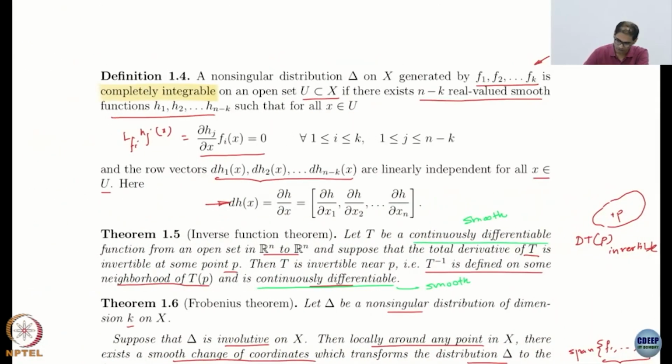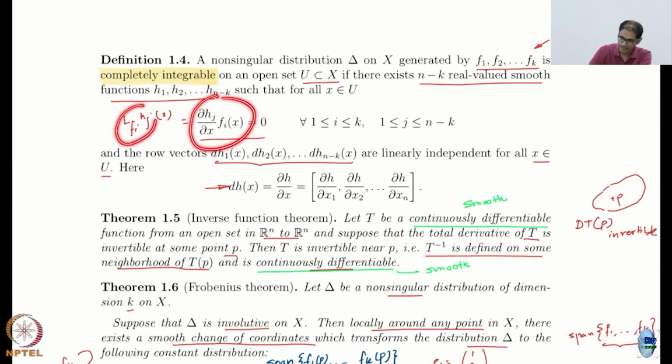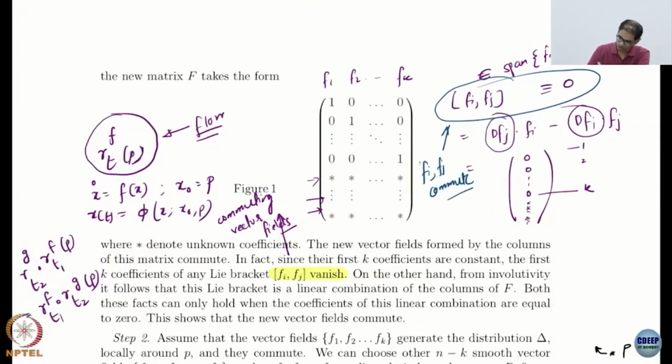Even if I go back here, LFH, exactly looks like LG phi. This is how I was choosing the new coordinates, so that the control doesn't appear. That's all. This looks exactly similar to that. You make something 0, some LG phi to be 0. In this case, the G is this vector field and phi is this function. So that's all we are doing.